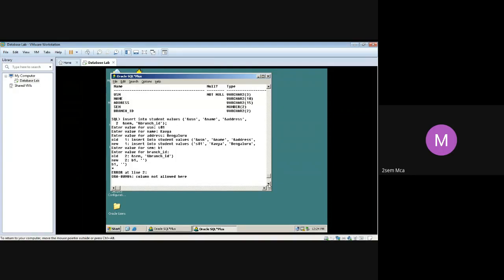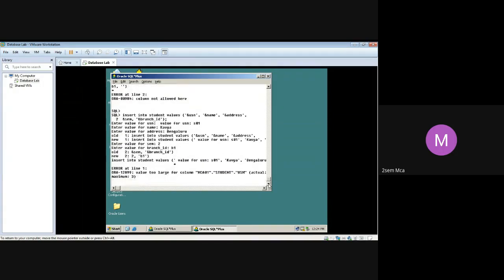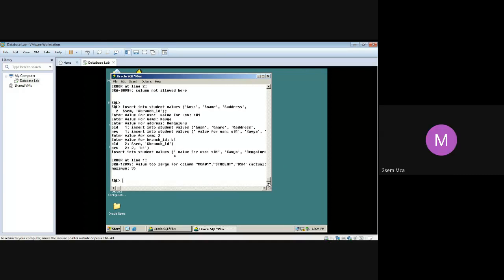What became large here? For me the row was created, ma'am. I have made some mistake in insertion. Somewhere I have given a space. USN is only 3 characters, but somewhere it has taken 4.